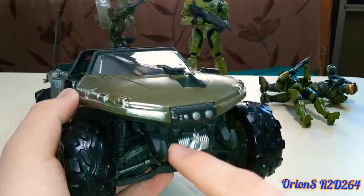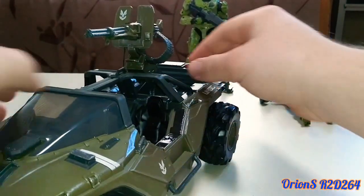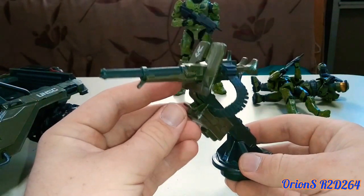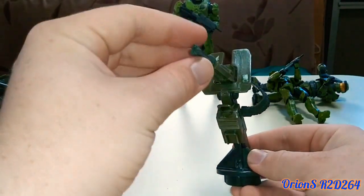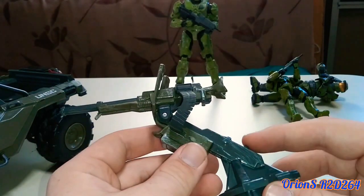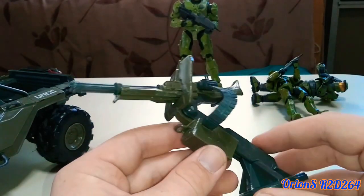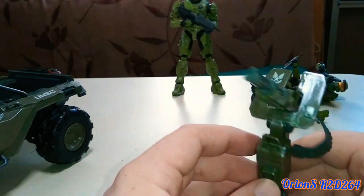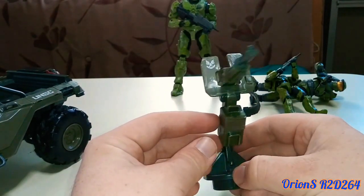Then you have the hooks, and you got the headlights. Then you can come up here, you can actually remove the Warthog machine gun, and then you can see the detail there. It's not the most detailed. It's just plastic molded and just a little bit of paint, but simplicity, I think, works in this